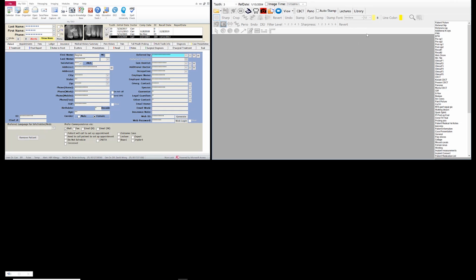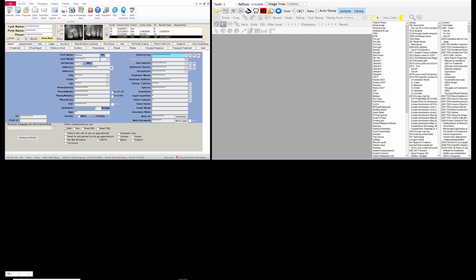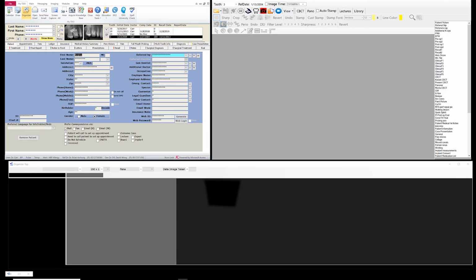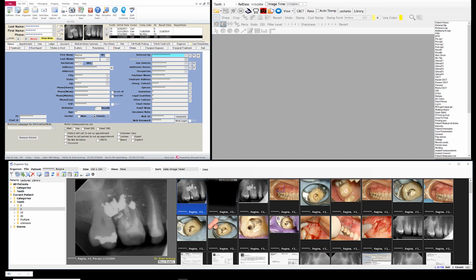If I'm doing a case where there's maybe a lecture or library material, I'll have both the lecture and library format up so I can save them into lectures and library if I want contemporaneously while I'm doing the case. We're not going to be doing that here, so I'll close these just to make it a little simpler. And then I'll bring up the image organizer. And again, it remembers where I last placed the image organizer, and I like the pane view with the size